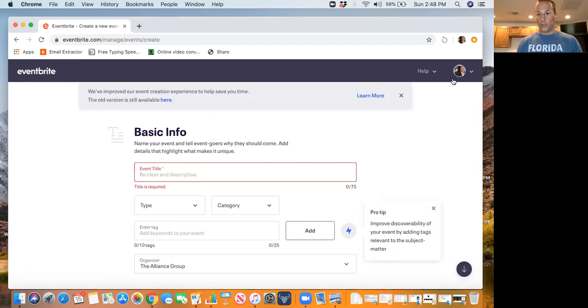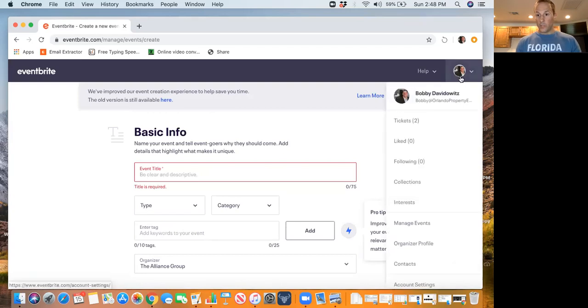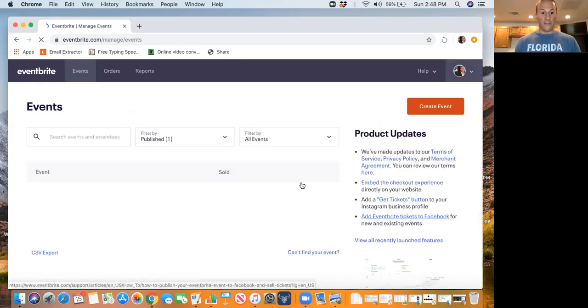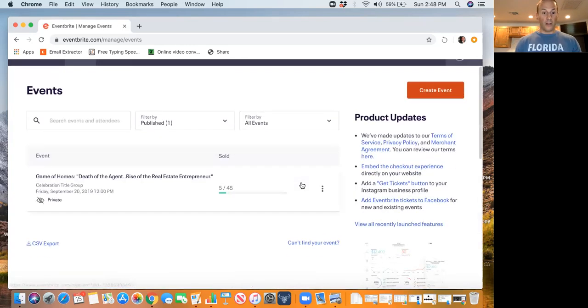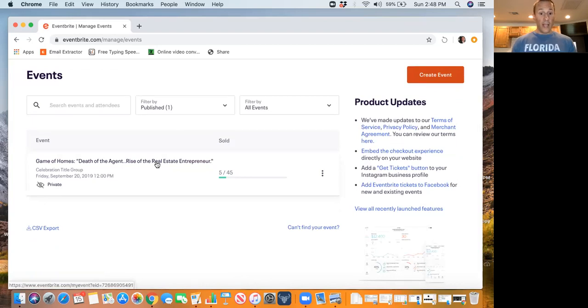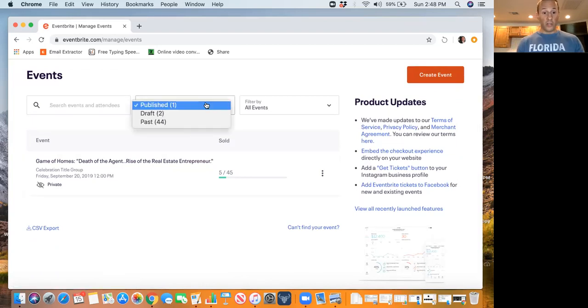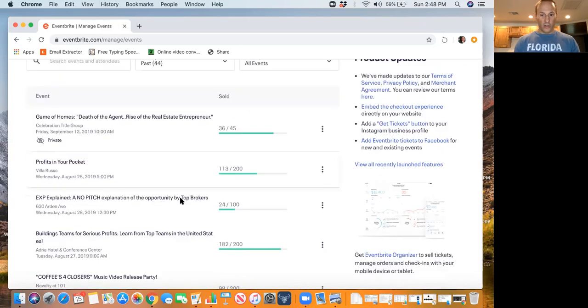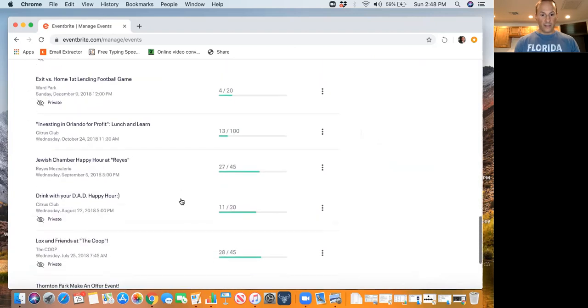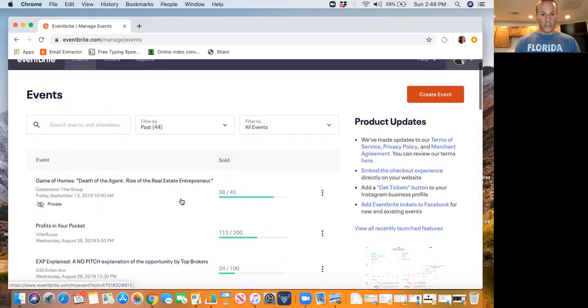So if you go to the top right where you should have uploaded your picture and it's your account, you've created the account, you go down here to manage events, and you can see events that are currently live and that are coming up. Right now, I only have one live event, but I can also look at my past events. There's 44 past events. So I've done this a lot, guys. So these are all events done in the past that you can see here,